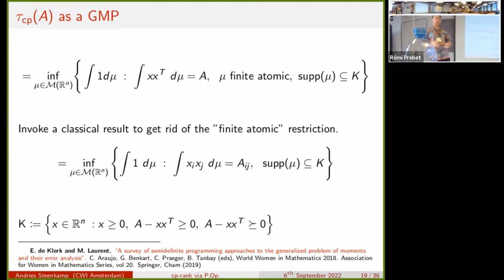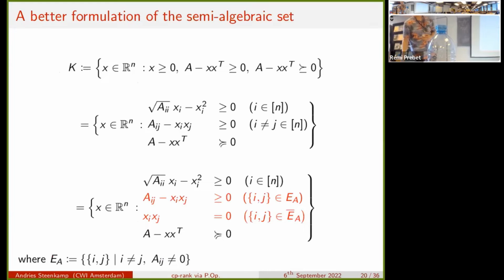We're going to now start to get... Oh, that's a question. Right. So it's a clean GMP and our semi-algebraic set K, over which it is defined. This is already something which we can attack with our hierarchy, but we're going to massage our semi-algebraic set a bit because I have foreknowledge of how it will feature in the resulting quadratic modules. So there's our set K definition.